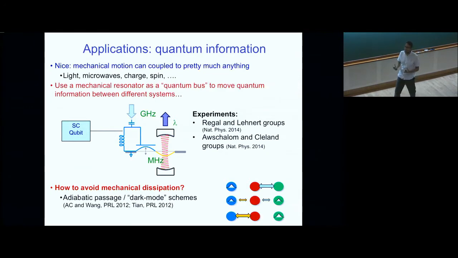So if I could get a mechanical resonator to be close to the ground state, that might be an excellent way of actually being able to move quantum information between very different kinds of systems, so a kind of quantum bus. Okay, and so this crude cartoon here is showing a kind of setup where the motion of a mechanical membrane, that's this squiggly thing here, could be used to couple and move excitations between a microwave cavity. So the microwave cavity is this resonant LC circuit, that's our L, two blue things here are our C, and